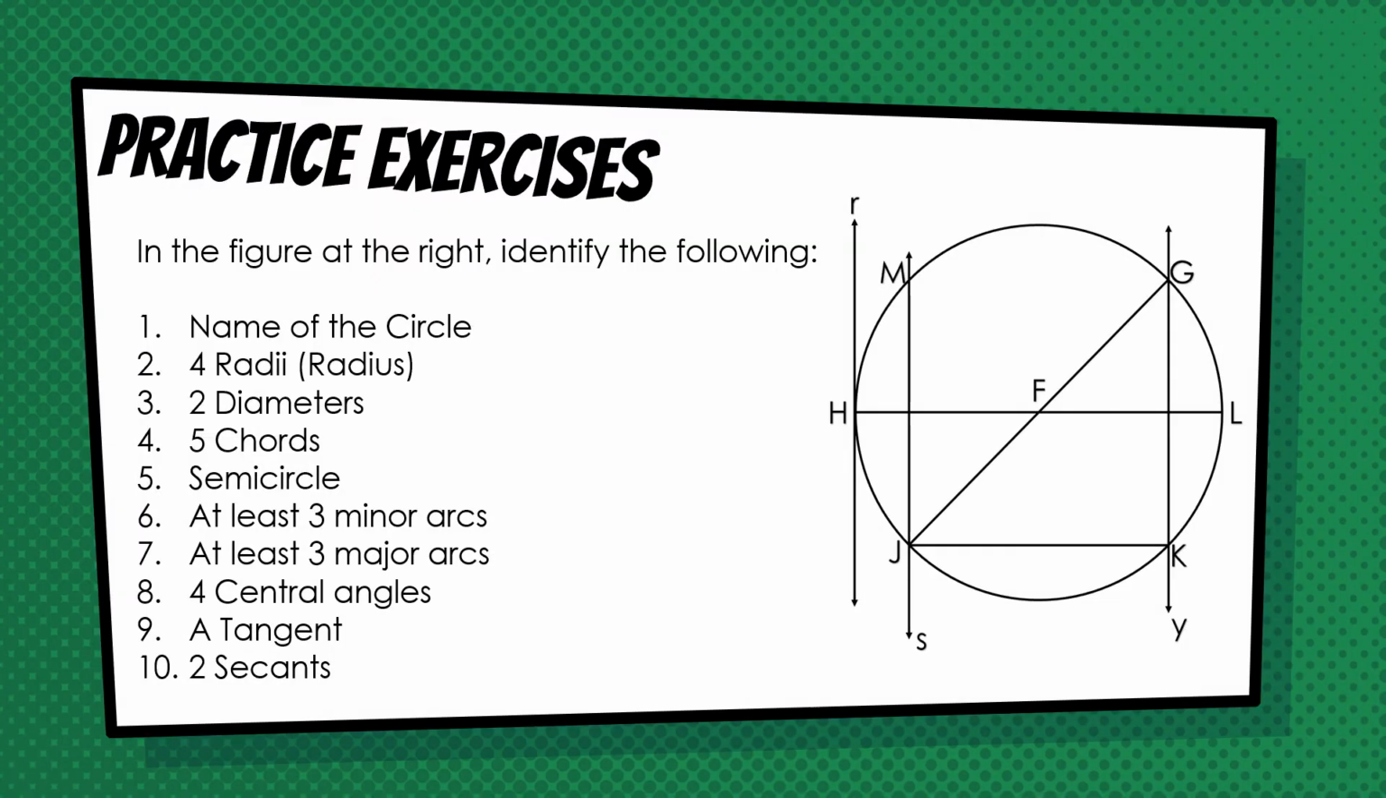So for your practice exercises, in the figure at the right, identify the following. So meron tayo dyang name of the circle, 4 radii, or that is the plural of the radius, 2 diameters, 5 chords, semicircle, at least 3 minor arcs, at least 3 major arcs, 4 central angles, a tangent, and